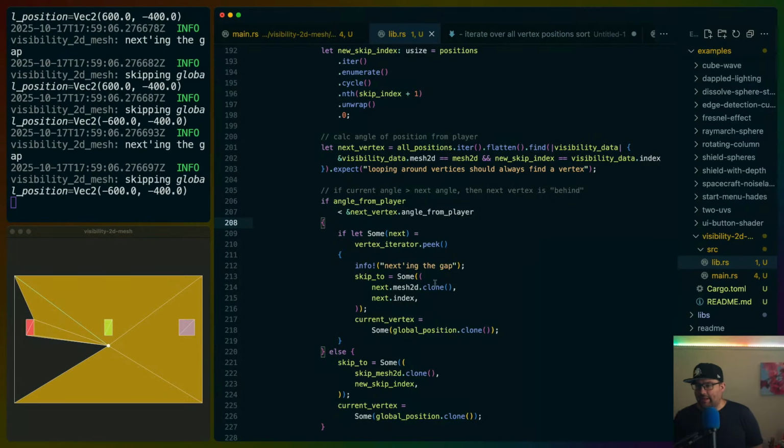So in this case, if the distance to the next vertex is shorter than the distance to the projected line, then we should use it. So we have to do the projection regardless. So if we have to do the projection anyway,